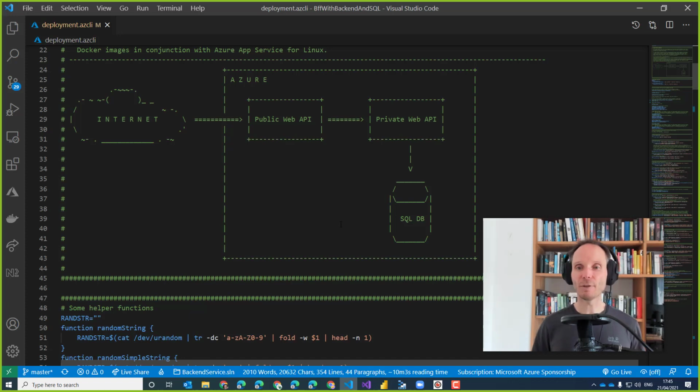And believe me, in a non-trivial enterprise networking environment, it is not trivial to set up DNS and network routing with private endpoints and VPN gateways and hub spoke network architectures and so on. So don't take away from this presentation that everything works always smoothly and is a piece of cake to set up. That's not the case. It's a non-trivial thing to configure if you are in a non-trivial network setup. For simple setups, everything is simple. Complex setups are possible, but it's not that simple to set up.